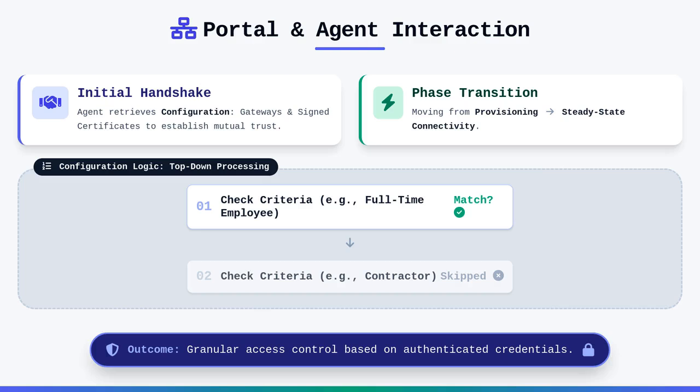The interaction between the portal and the agent is an iterative process that relies on a specific sequence of operations. The agent first reaches out to the portal to retrieve the configuration, which includes the list of gateways and the necessary certificates required to establish trust. Once trust is established via these signed certificates, the agent begins the transition from the provisioning phase to the steady-state